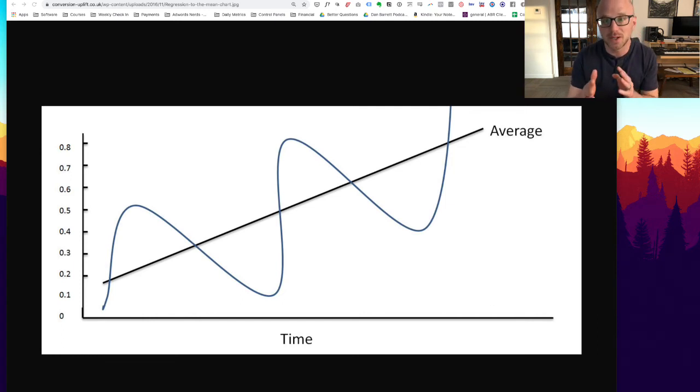What ends up happening is that when people test new pages and get a really great result, they're like, oh, this is amazing, I doubled my conversion rate. Then the next week they check and the conversion rate starts to go down. What they start to think is, there must be a problem with my traffic. There must be something happening to the market. There must be something else that I changed. What did I change? And they start to tinker with things and try to fix a problem that doesn't exist.